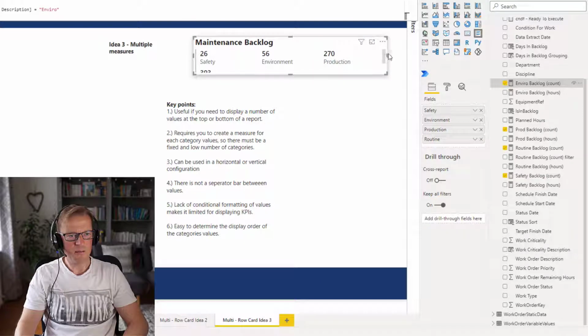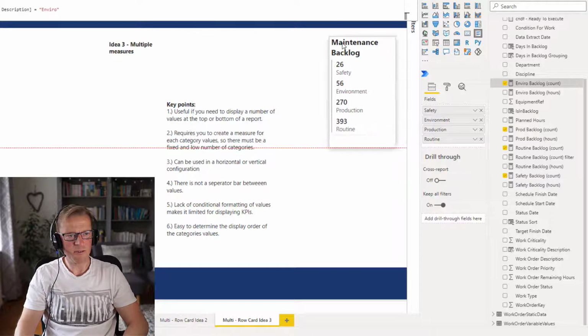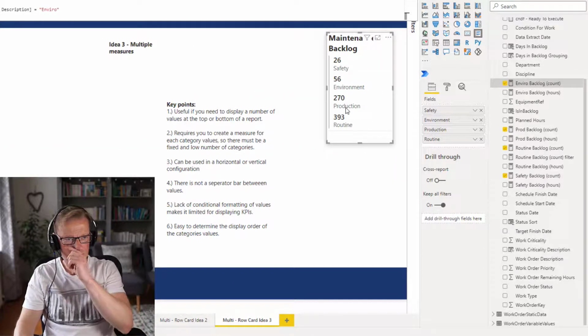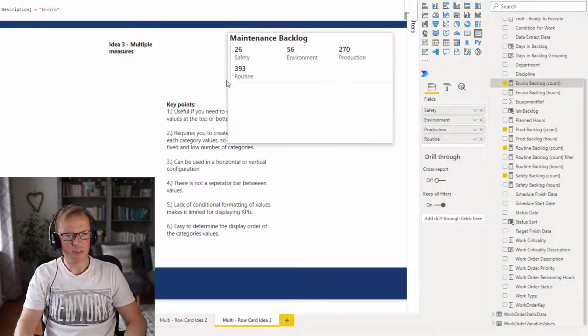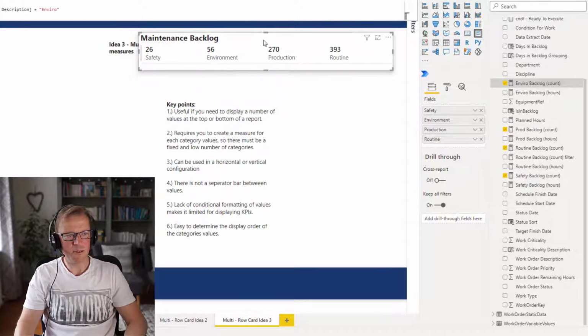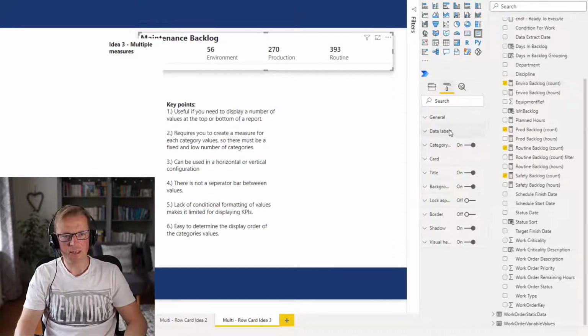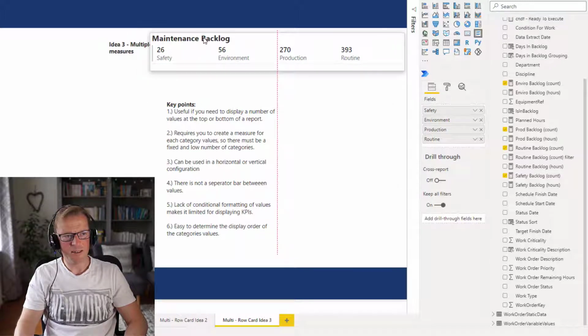You can, if you squeeze it together, have it again as a tall one as well, now that it's sitting along the side here. But if you want to get it along the bottom or along the top of your report, you do need to use this option here. That just allows you to put it along the top, and then obviously when you switch on the category, you see the category label for each one of these, and you can label each one individually, and it appears